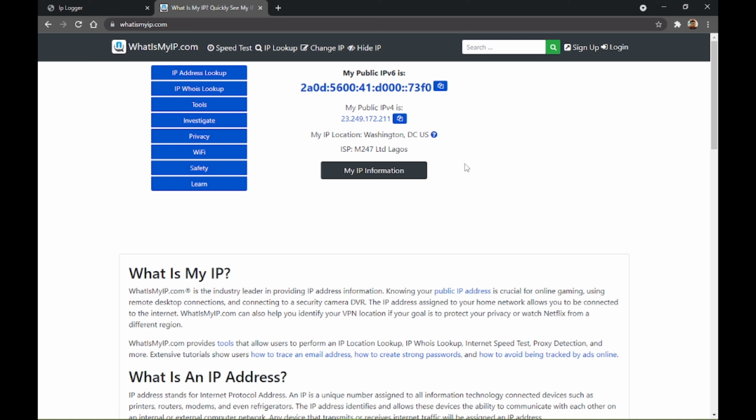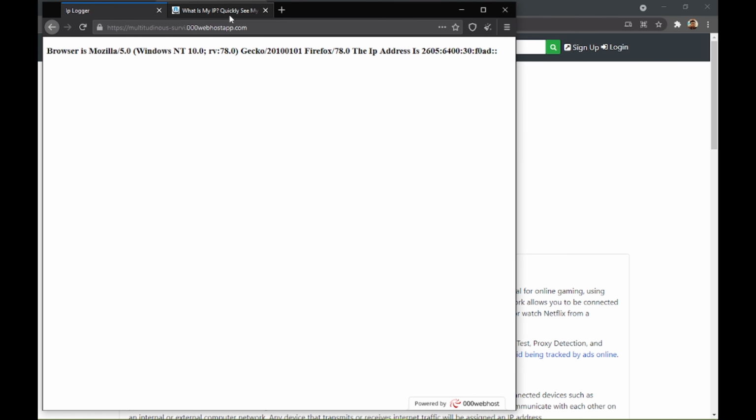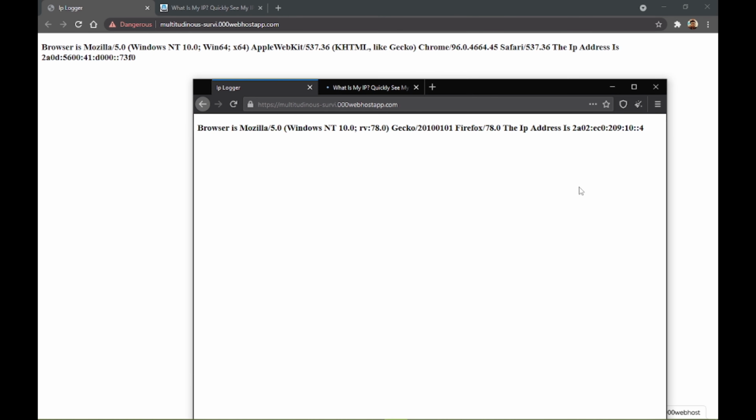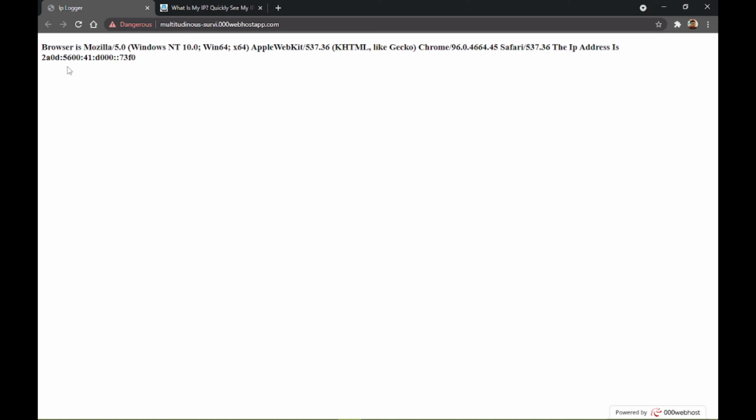Okay, no problem. Let us copy this website's address and go back to the Tor browser. Let us reload this page here, and also reload this one, and you can see that on Tor it is giving me an address starting from 2A02, and on the Chrome here it is starting from 2A0D. That means Tor is again changing our IP address.